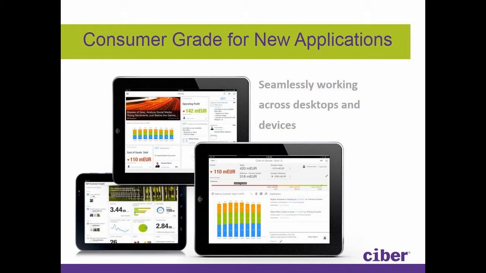SAP will deliver consumer grade user experience for all new applications. Do you recognise SAP on these devices in the presentation? This really shows what consumer grade business software is all about. So SAP will build all their new applications this new Fiori style. This is their direction. And SAP have already released its Fiori Launchpad that will provide a consistent and coherent user